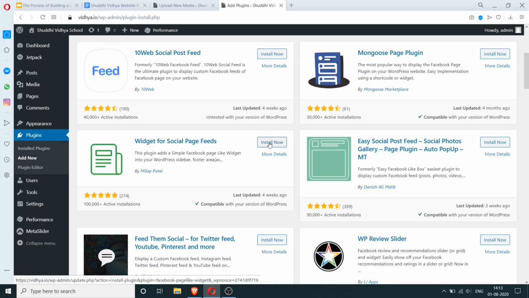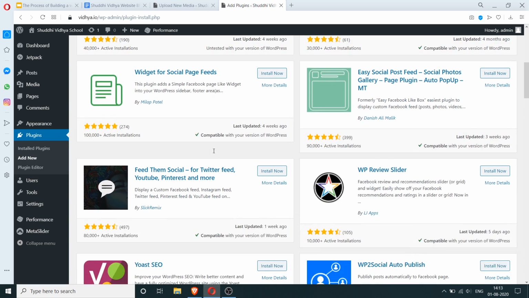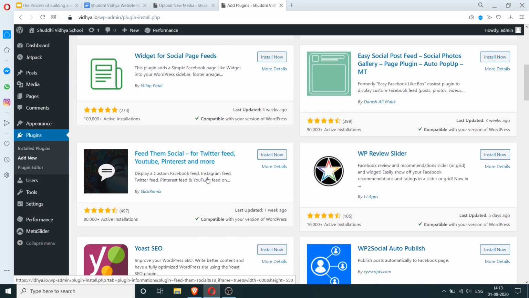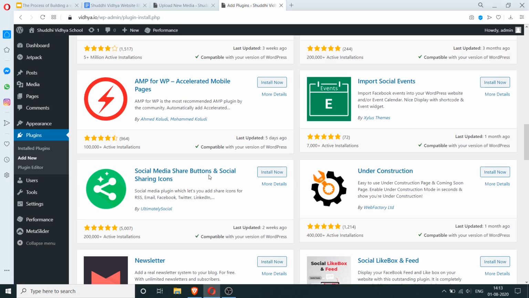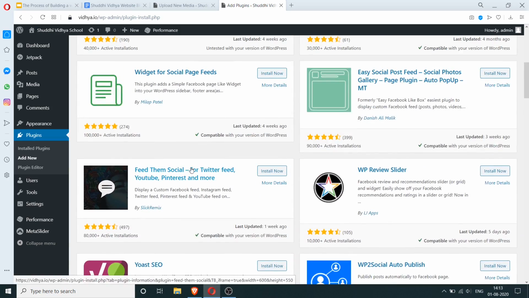I think this one is good. But this one comes with Twitter feed, YouTube, Pinterest, and more. Let's see if this plugin fits both our needs for Facebook and Twitter.